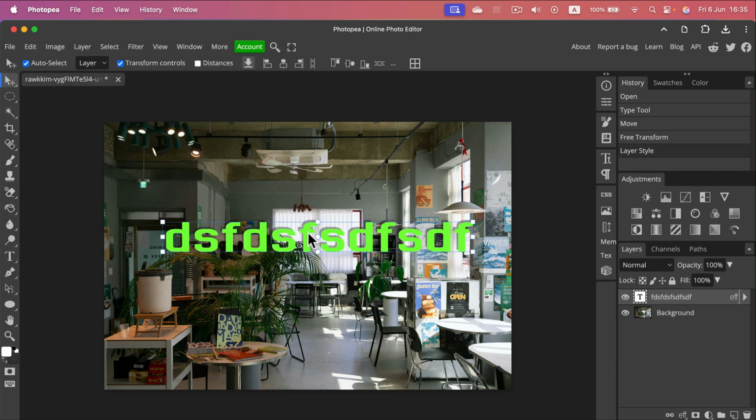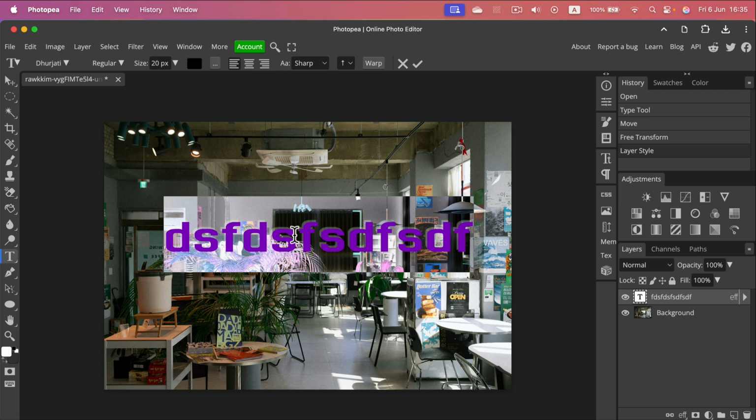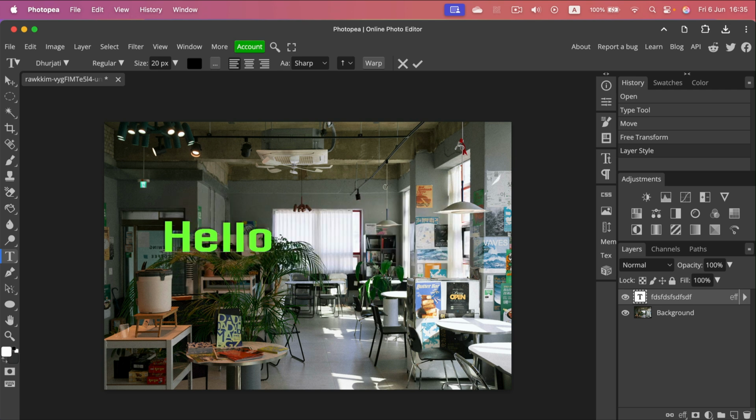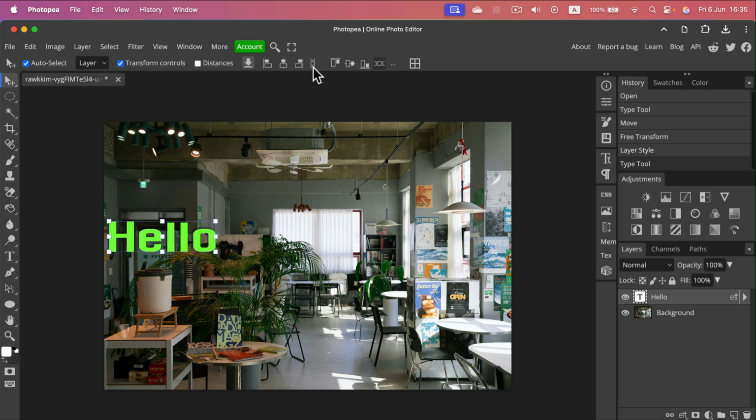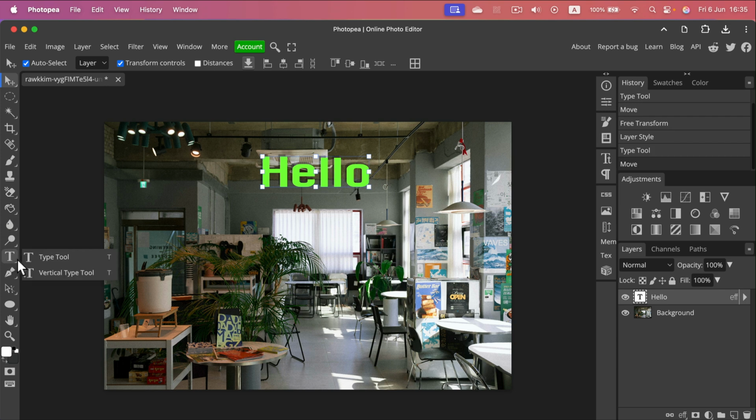Alright, the text is still editable, so when I double tap on it, I can edit the text. You can decide about the text alignment as well. Alright, so that's our basic text tool, but if you click and hold on the text tool, you will see